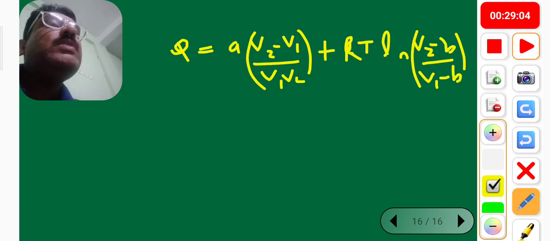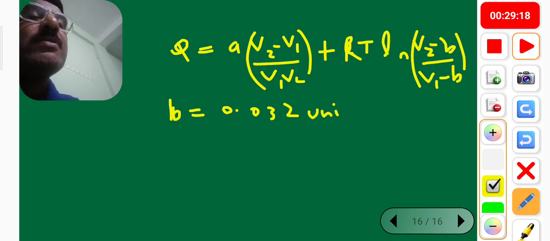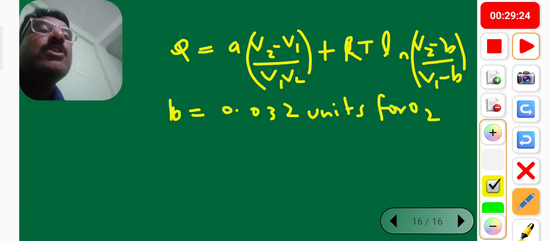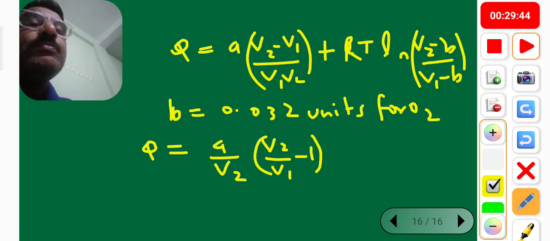Now for oxygen, the B value is approximately 0.032 units. So this is a very small value, so you can approximately write this Q. I will take V2 outside of the first term. So I can write this as A by V2 times V2 divided by V1 minus 1, plus